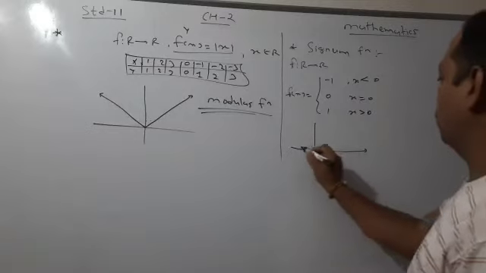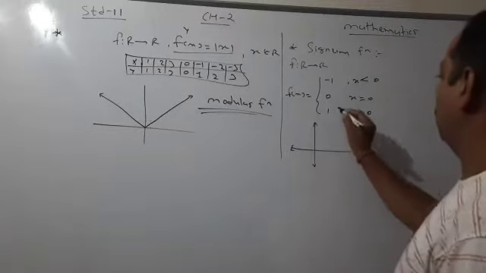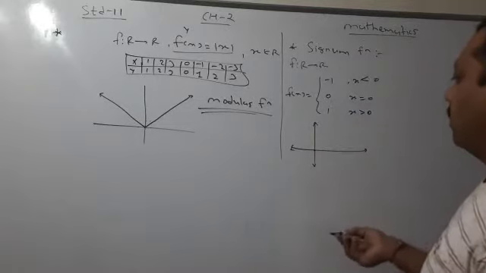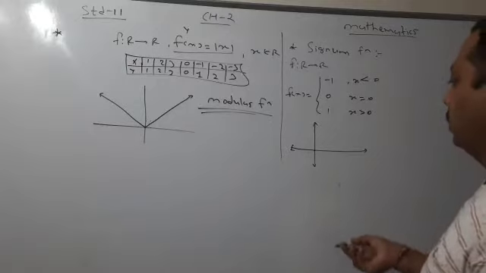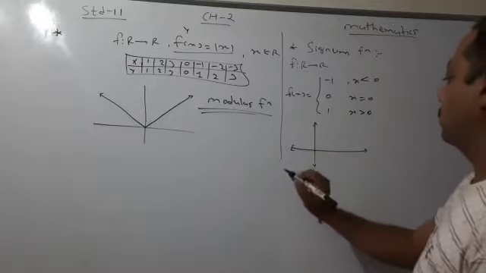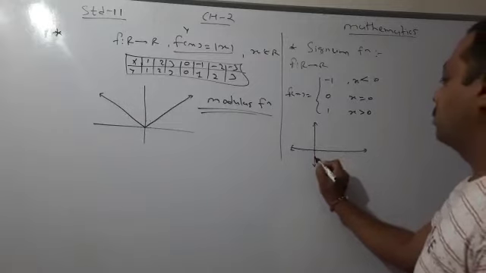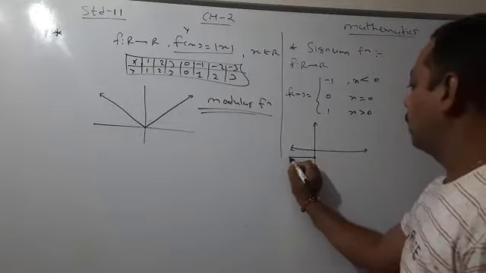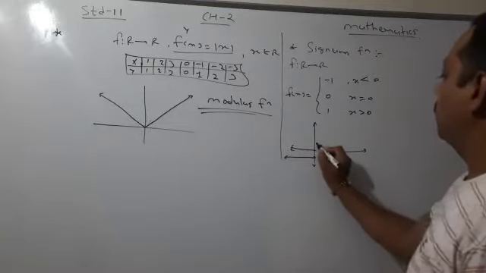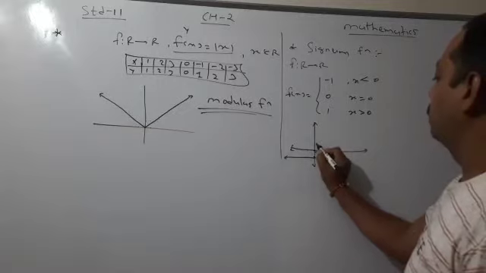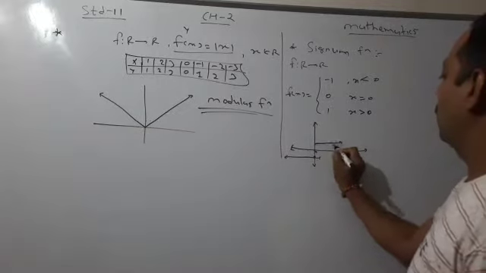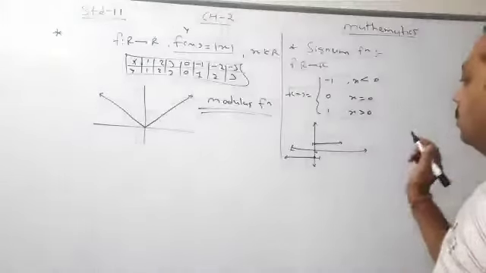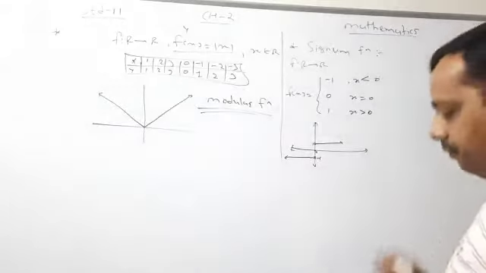If I plot this on graph paper, it is clear that at 0, the answer is 0. If it is minus 0.5, minus 0.4, minus 1, minus 2, minus 3, like this, the answer is minus 1. So this is minus 1, but minus 1 is not considered at 0. So the graph is like this. And the same way, this is minus 1, this will be 0, this will be 1. This side, but this is not considered. So this is the graph of the signum function.